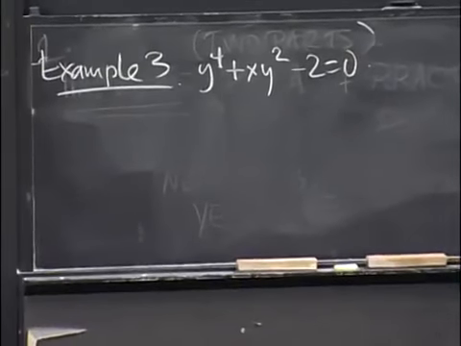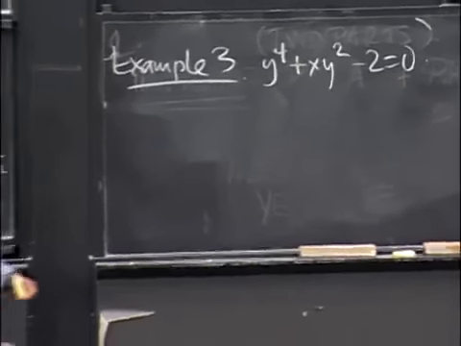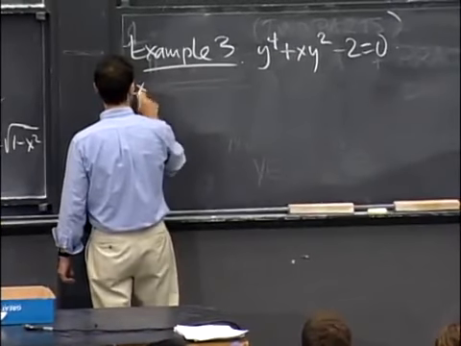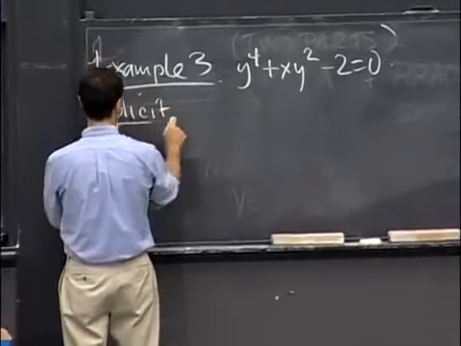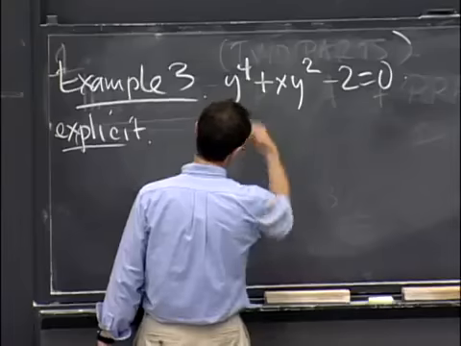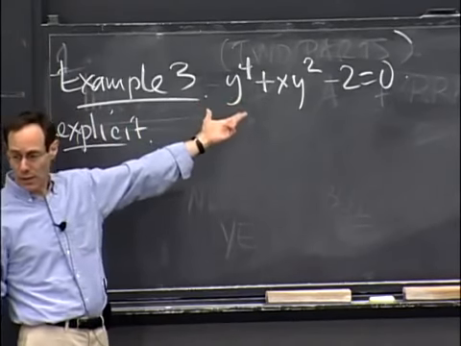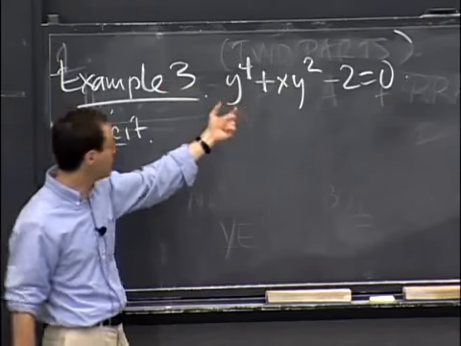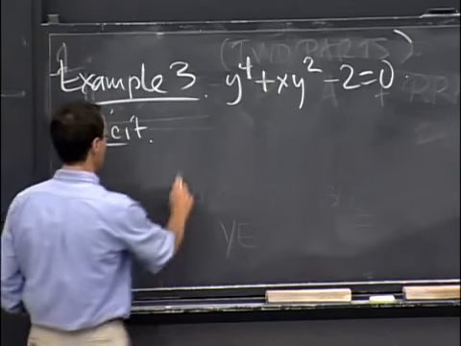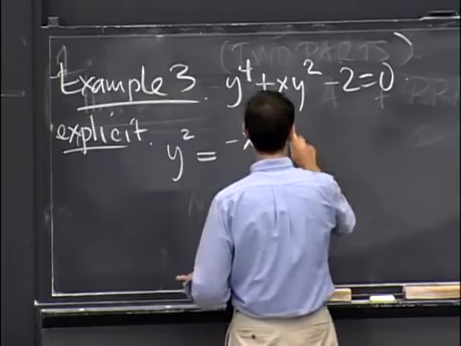Right? Now, it just so happens that there's a trick to solving this equation. So actually, you can do both the explicit method and the non-explicit method. Okay? So the explicit method would say, okay, well, I want to solve for this. So I'm going to use the quadratic formula, but on y squared. This is quadratic in y squared, because there's a fourth power and a second power, and the first and the third powers are missing. So this is y squared is equal to minus x plus or minus the square root